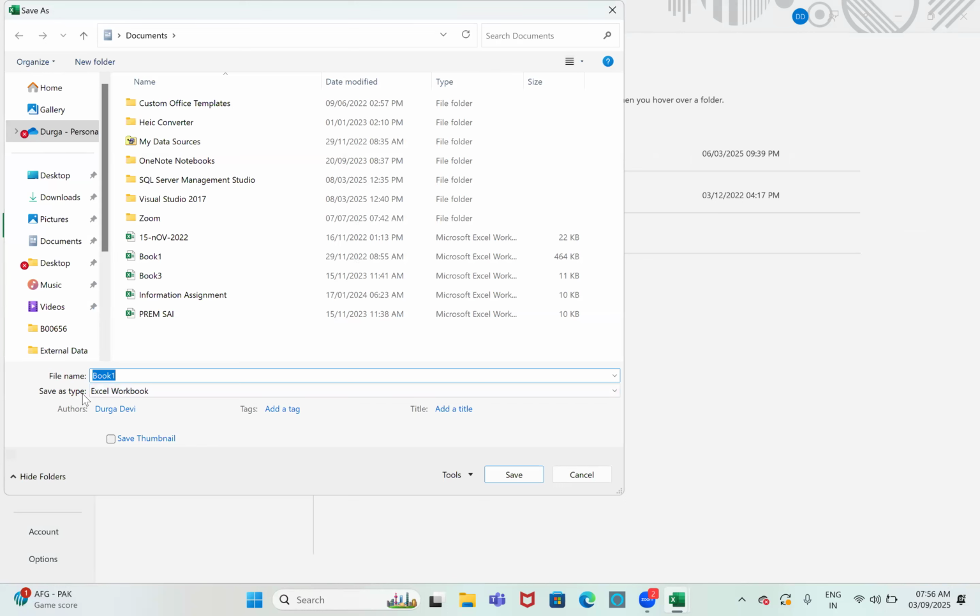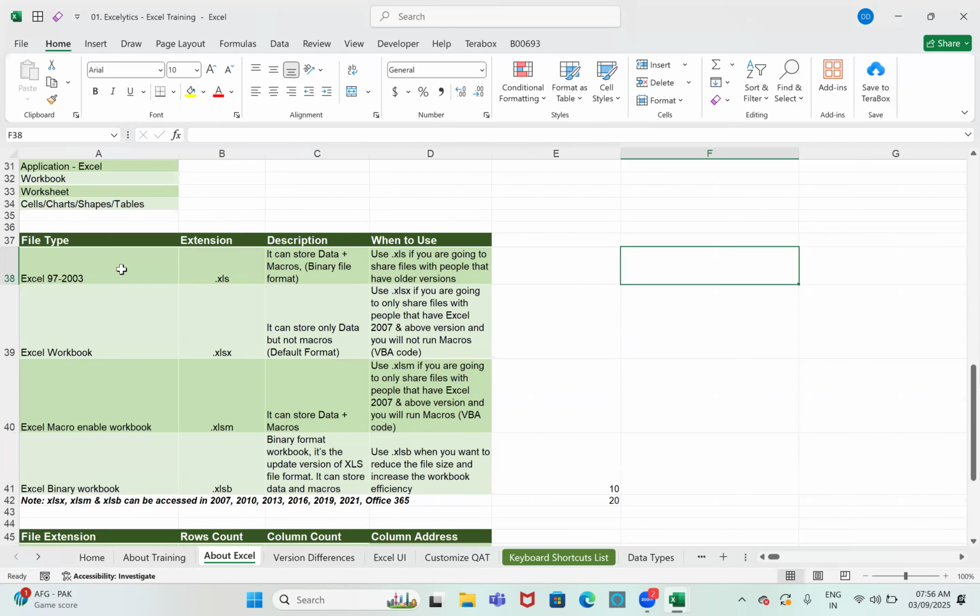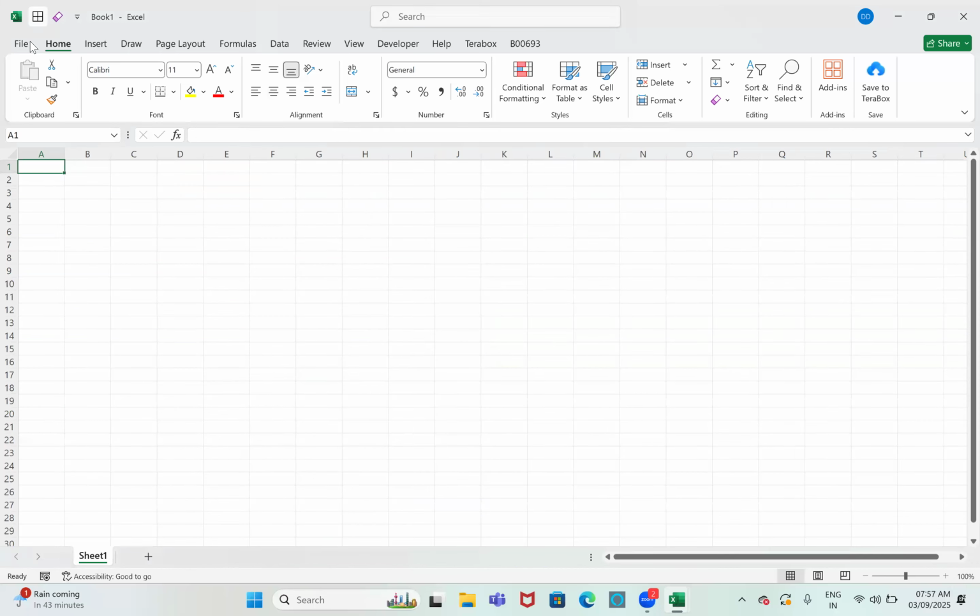If it is a Word document, .doc, if it is a notepad file, .txt, PowerPoint presentation, .ppt, you know that, right? That is called extension. In Excel, you have different kinds of extensions. The first one is .xls. This is if you save your file in 97/2003 format.